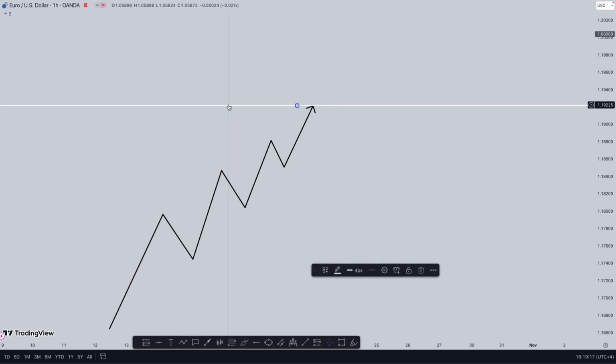So what do I mean by an area of value? An area of value could be a resistance level, support level, or even a trend line, right? So we could have a trend line that could act as an area of value, which means this trend line or this area is acting as a sensitive area. Whenever we hit this trend line, price drops. We hit this trend line, price drops. We hit that trend line, price drops, right? So it becomes an area of value where we have to be aware of what the price will do when